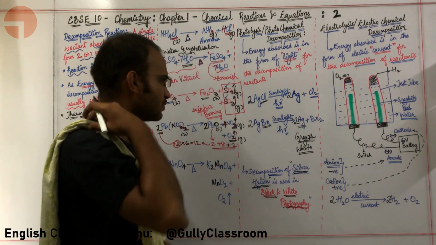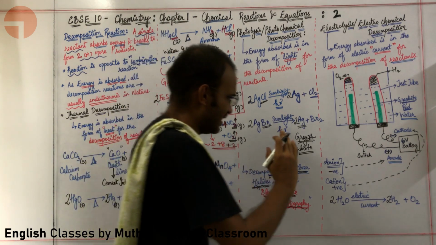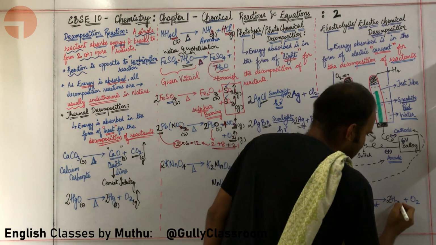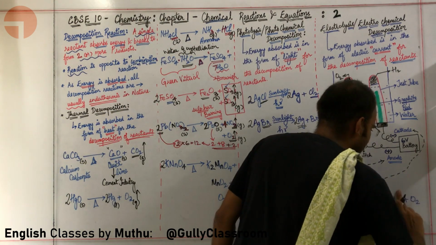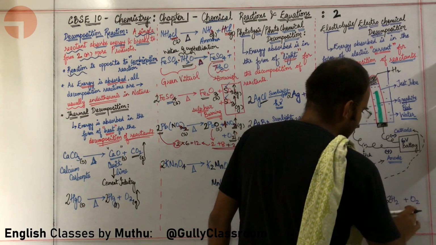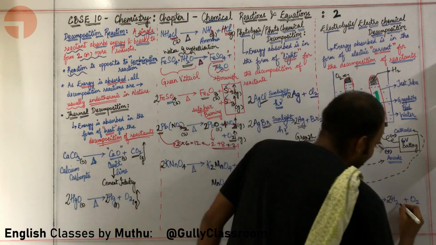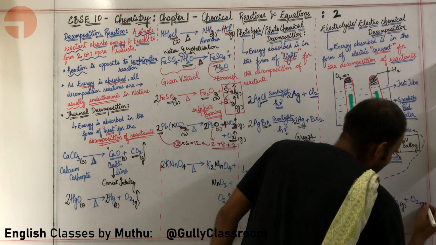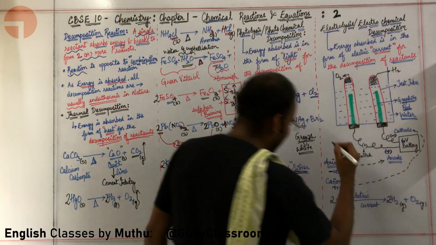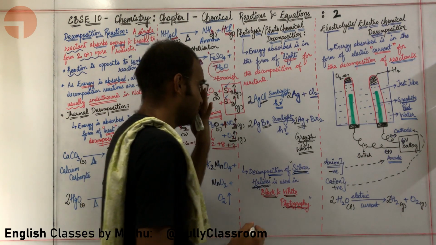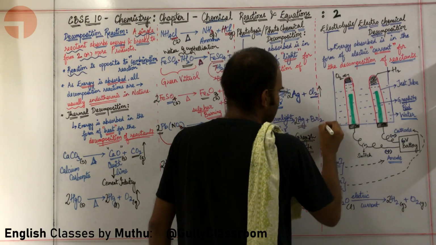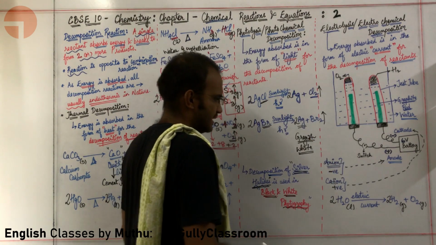What else do you want to talk about here? This is being collected. It is not actually sent outside. I can say this is a gas, and this is in liquid form. Here Cl2 and Br2 are simply being sent outside.